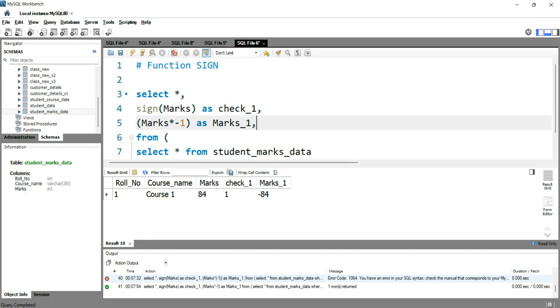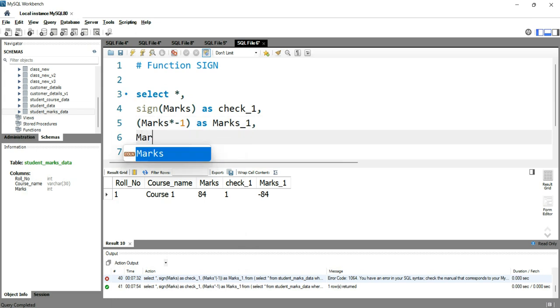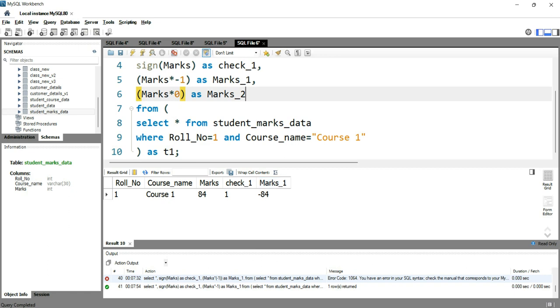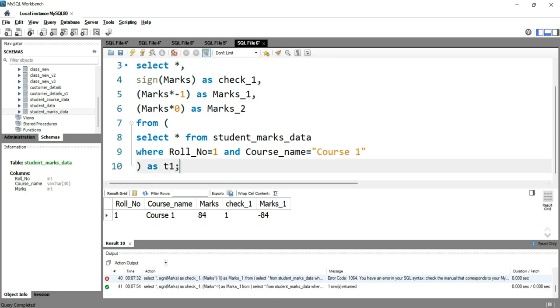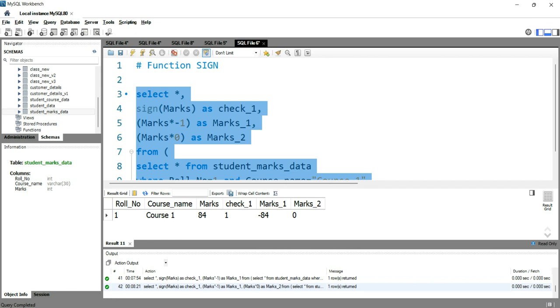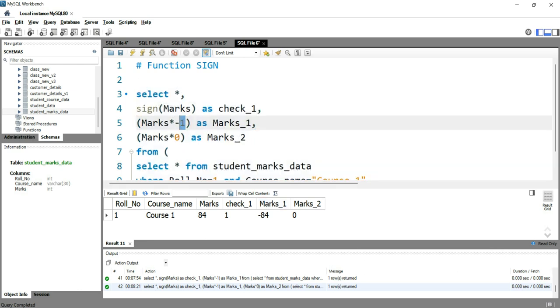Let's also create another column, which is marks into 0, and keep the name as marks 2. Now when I run this query, we will have 3 distinct columns: marks, which is the original mark 84, then marks underscore 1, in which we have multiplied by -1, and marks 2, in which we have multiplied by 0. So we have 3 columns: marks, marks 1 and marks 2.